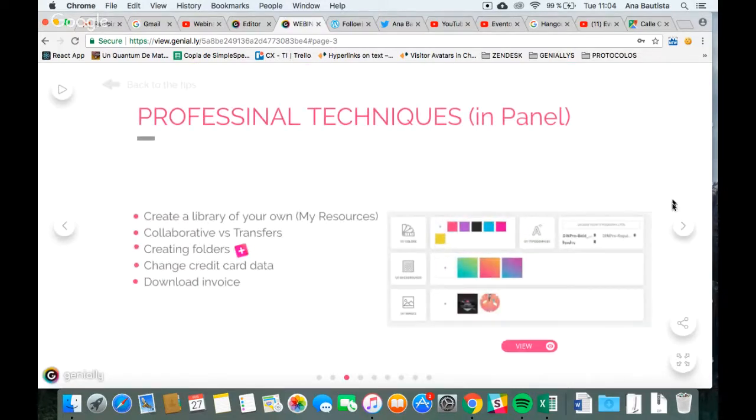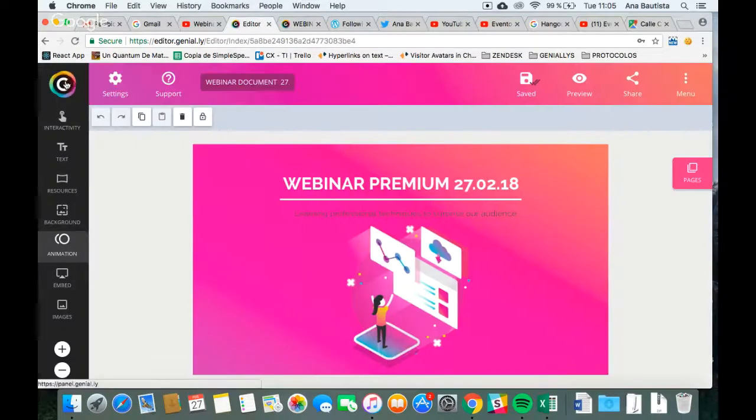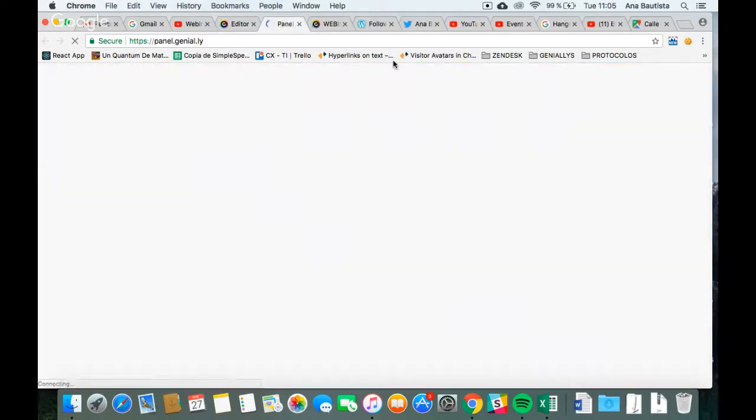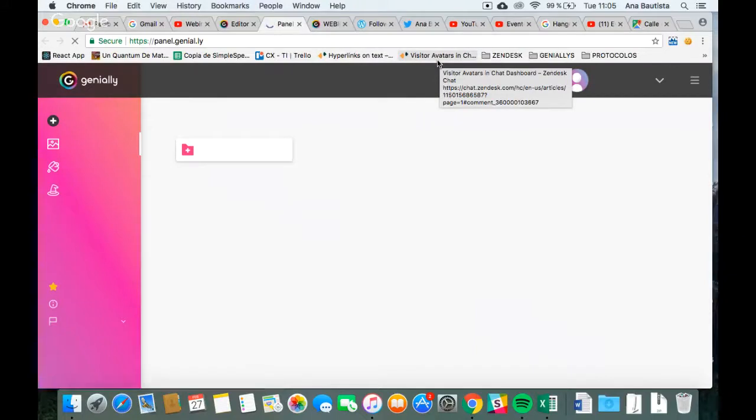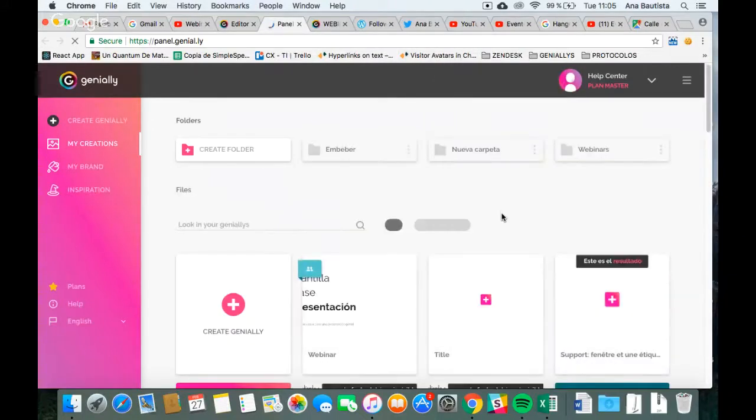So, on the first one, the professional techniques on the panel of Genially. All of you are familiar already with the panel. As you can see, in February, we launched the new product. And there you have a new way you can include your resources as images and so on. So let's go to the panel. So here in the panel